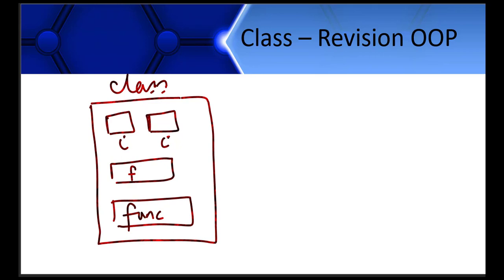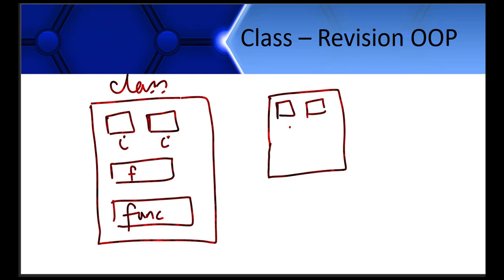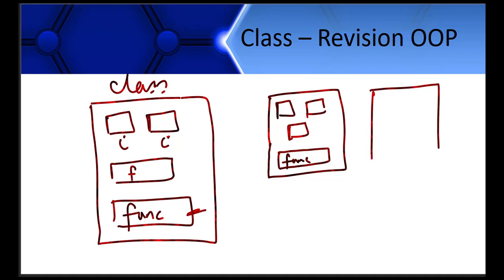Okay, so later on, whenever we declare any variable of this class, maybe this is a variable of this class, these three variables, two integer variables and one floating point variable, which we declared here, will be created automatically, and this variable will always be able to point to this function of the class which we created here. And if we create another variable, the same thing will be copied for it. So again, it will have three variables, two integer variables, one floating point variable, and it will be able to